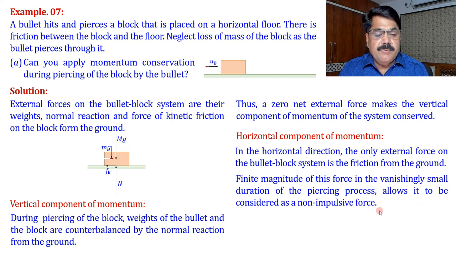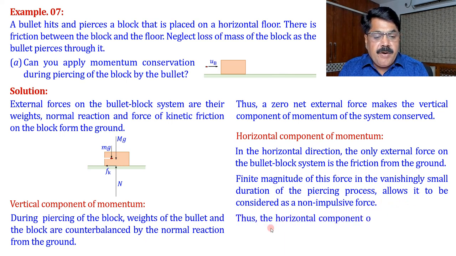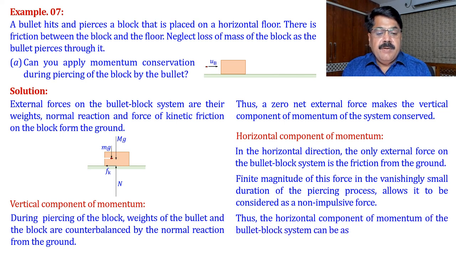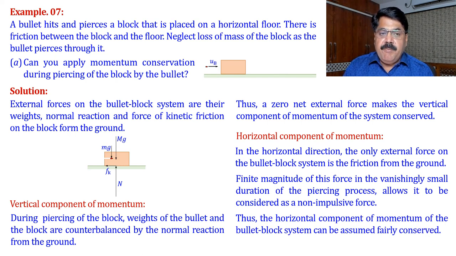Why not impulsive? Because its impulse can be neglected. Thus the horizontal component of momentum of the bullet block system can be assumed fairly conserved. It is not exactly conserved, but if we assume it conserved, what calculations we make will be almost the same